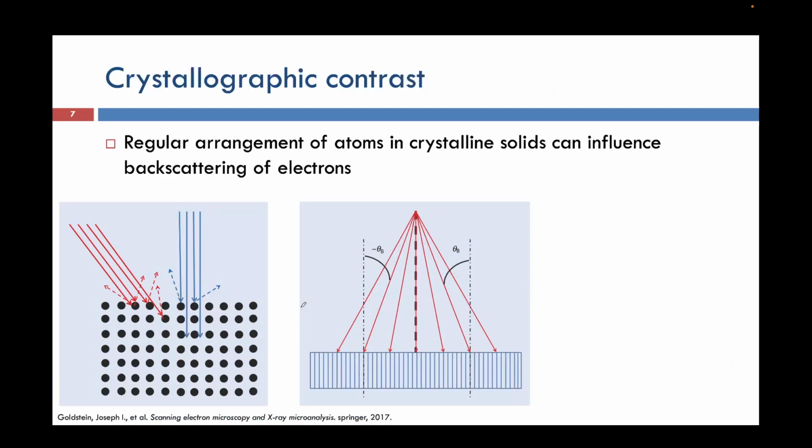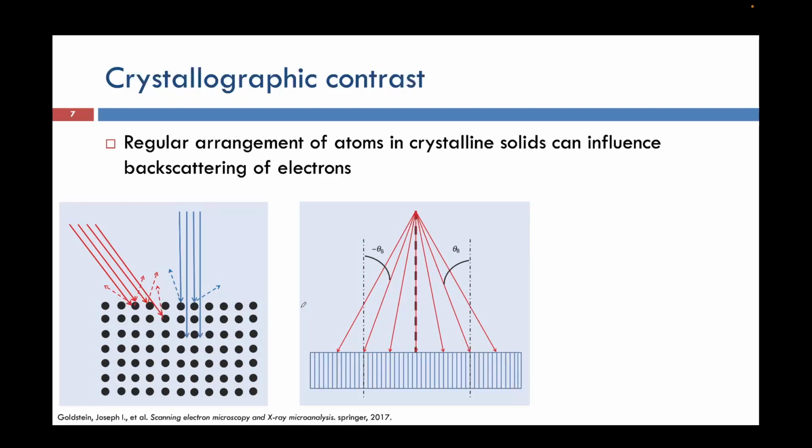Coming to the crystallographic contrast, this is another type of contrast which is related to the arrangement of atoms. Earlier we saw the topographic contrast, then we saw the compositional contrast, which are strong contrasts, then we saw two weak contrasts, which are caused due to electric field and magnetic field. Now we will see another type of contrast known as crystallographic contrast, and this arises due